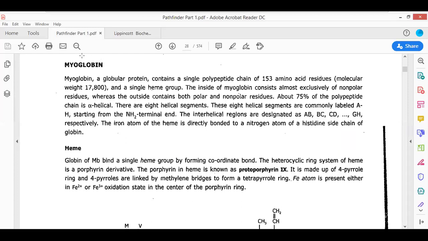So what are these globular proteins? How do these globular proteins differ from fibrous proteins, and how is the structure orientation of globular proteins different from fibrous proteins? As I have already told you, proteins can be broadly classified into two categories. One, it could be a fibrous protein. Secondly, it could be a globular protein in nature. Now, what is the basic difference between fibrous and globular proteins, and how have these proteins been categorized? That we have to see.